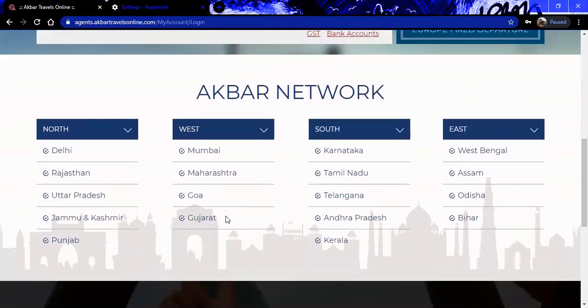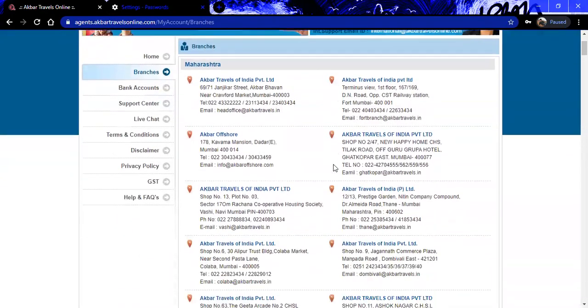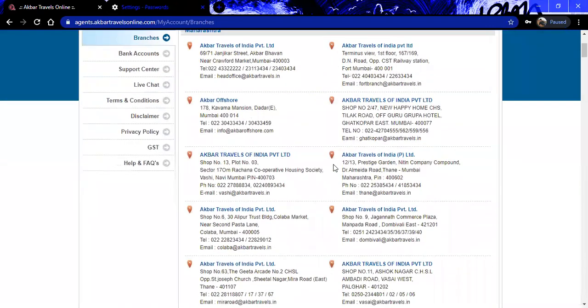Going further below on this page, we are showing the Akbar network, which is the branches we have pan India. We show the details of our branches. Suppose I click on Mumbai, we will get the details for Maharashtra, that is Mumbai.